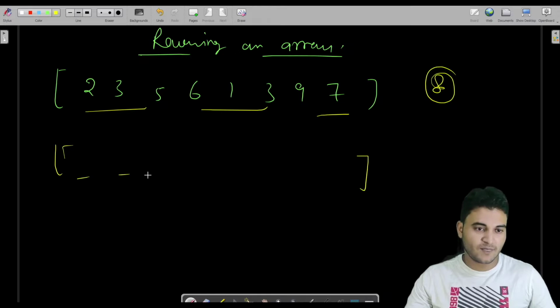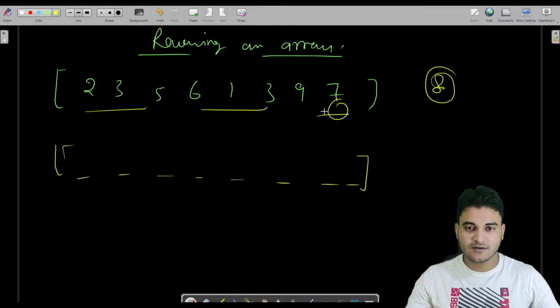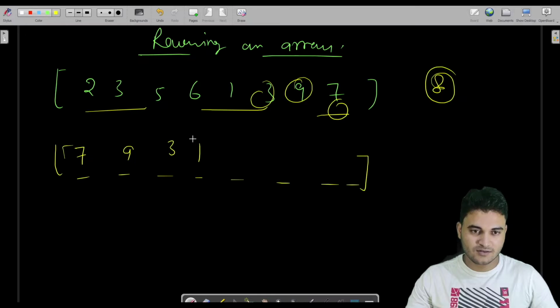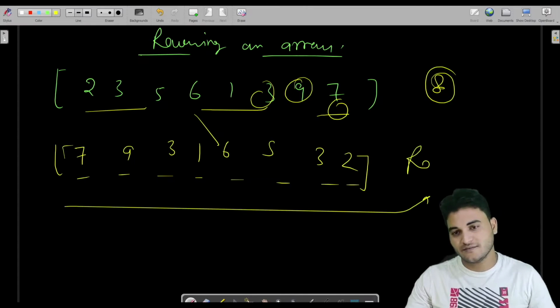You start your loop from the end and put the values inside the first index, then the next, and so on. This is how you can reverse the array.